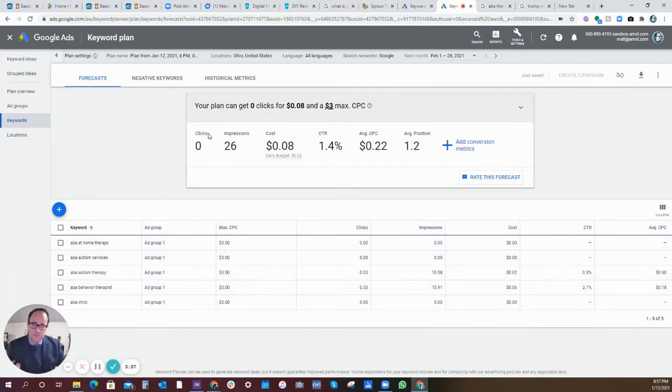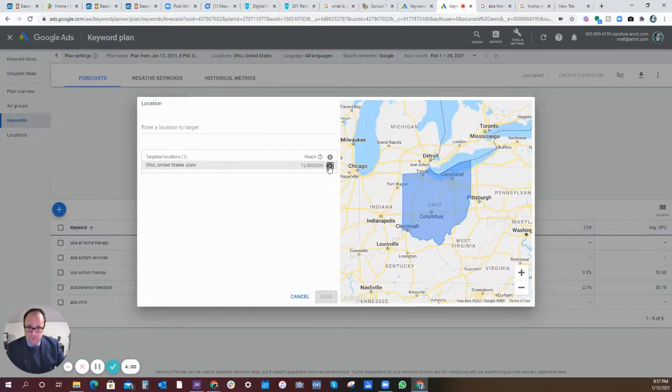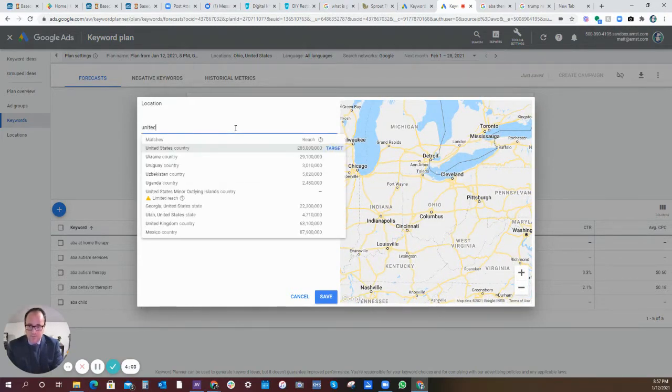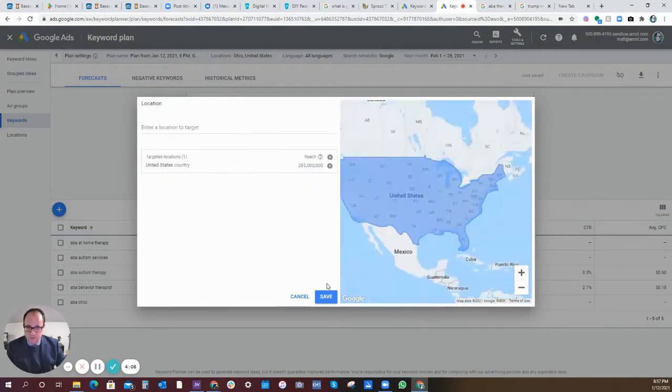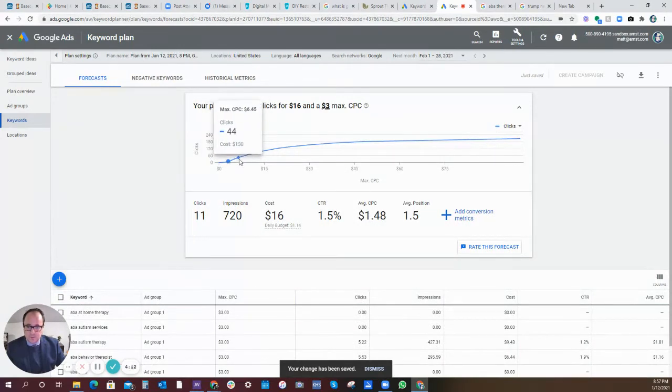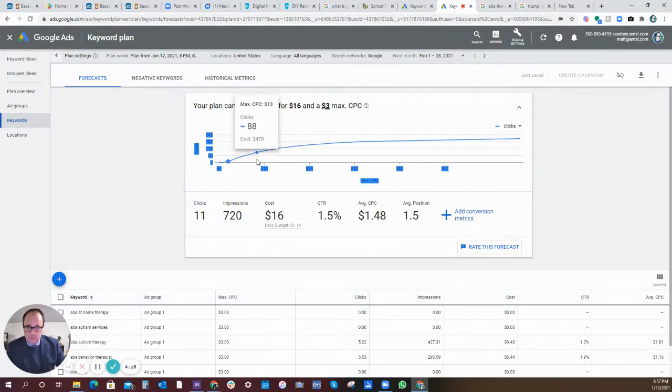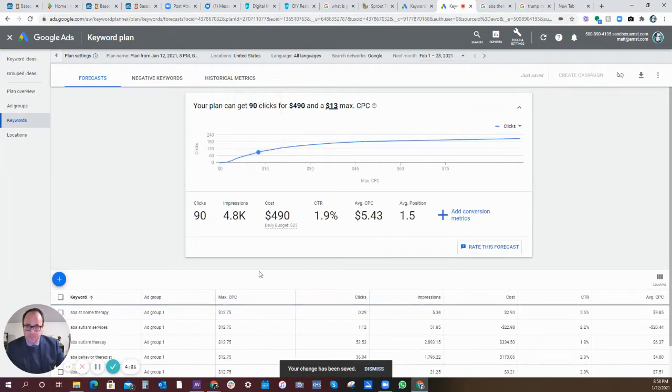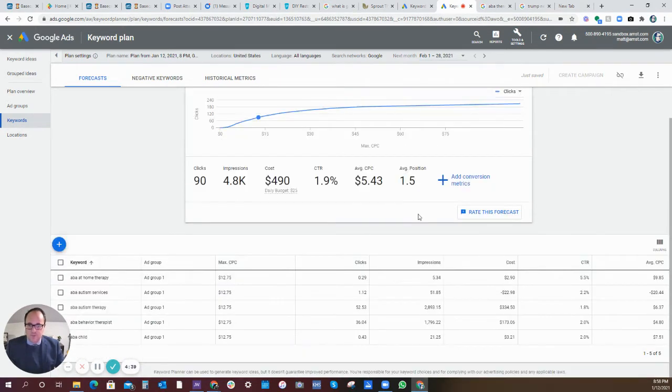Now, people might come from out of town to come see you. I don't know if that's true or not, but again, we can get into all this. We can broaden our search. We make it the entire United States. And if we wanted to raise our budget to, let's say, 300 to 500 a month, completely up to you, you could expect to get in the next month 90 clicks. 4,800 impressions is when your site or a page on your site shows up for a key phrase on a search, but they don't click on it. And then your average position would be 1.5.